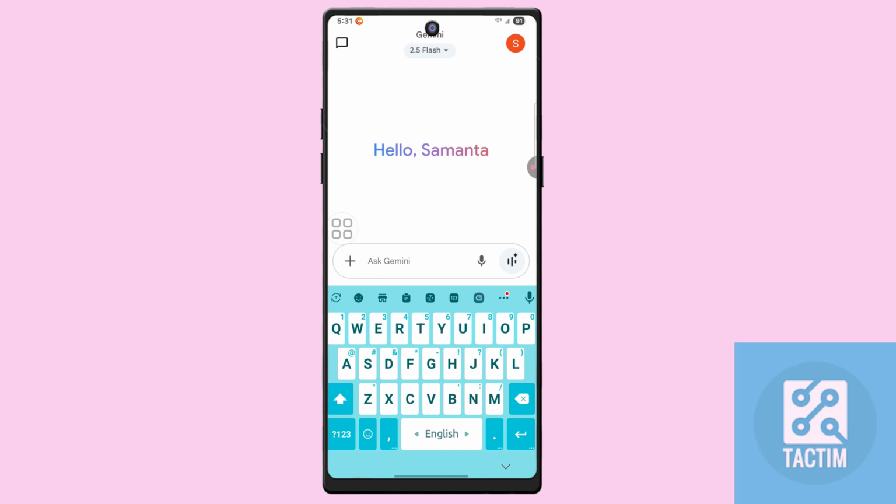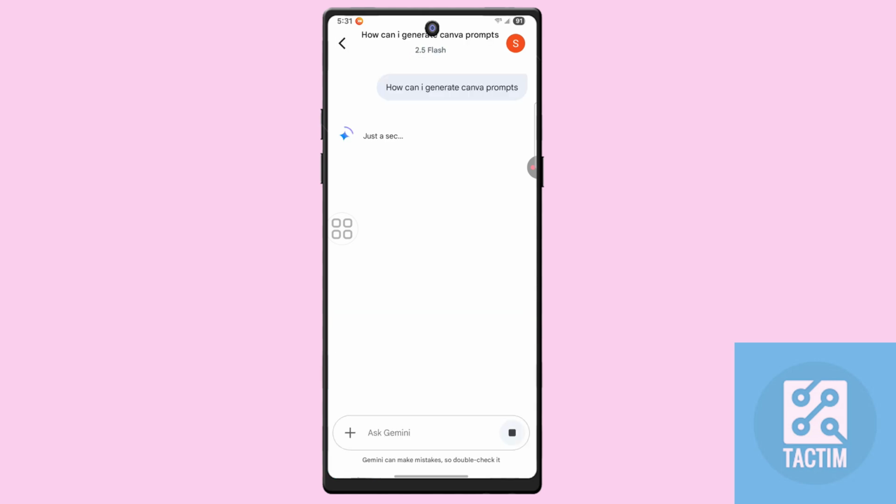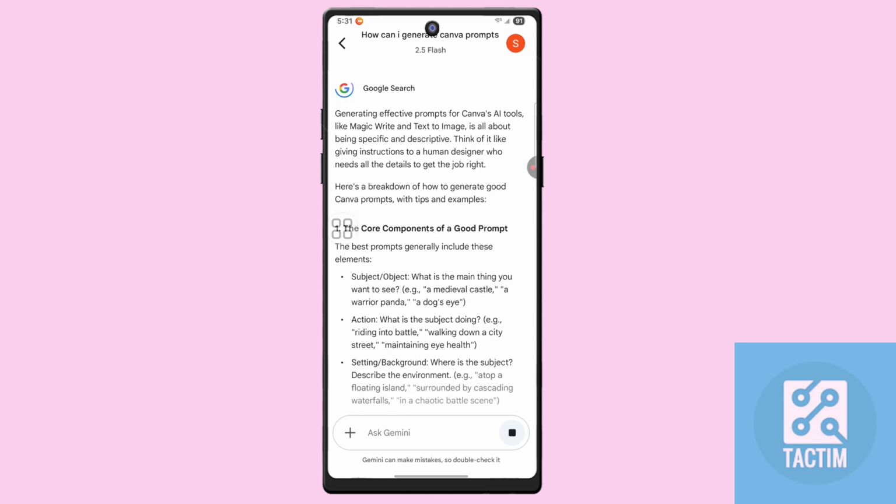Now right here, type: how can I generate Canva prompts, and send it to Gemini. Then hold a second, and here Gemini will give you the answer,